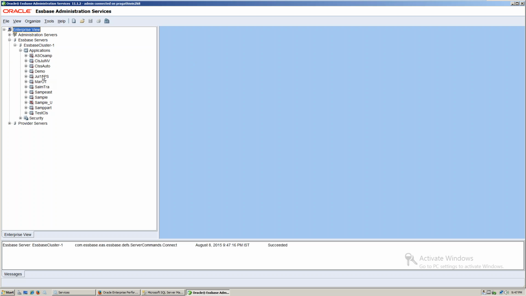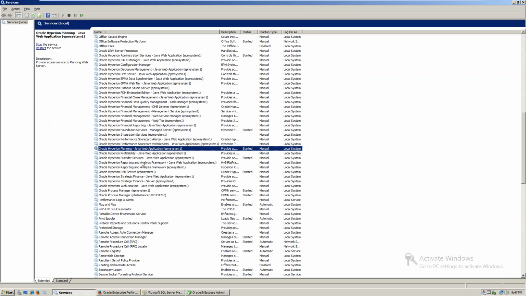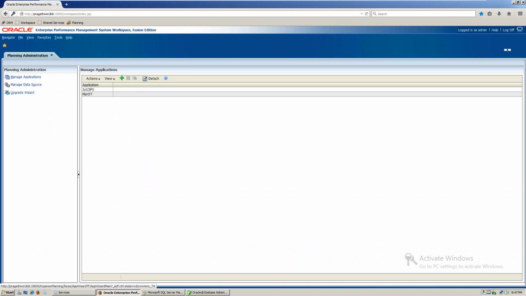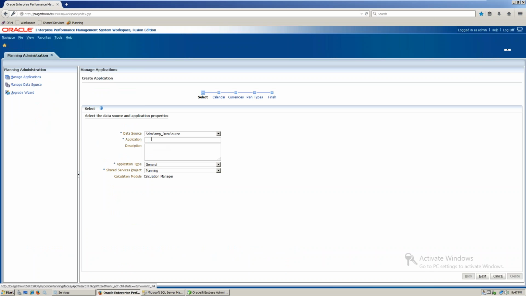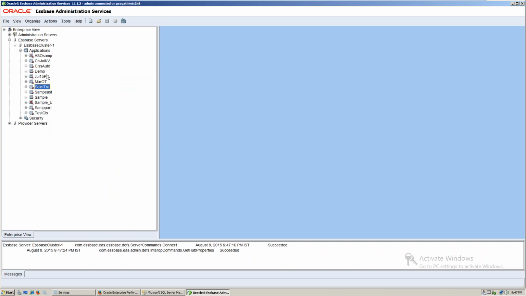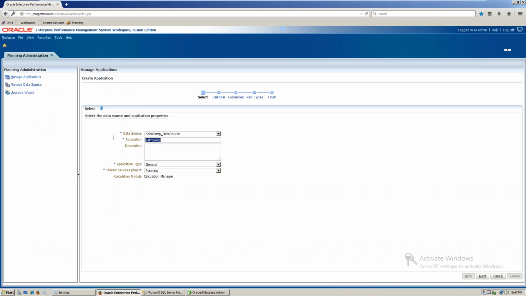Okay. Here, if you see, there is no SALM, and I think it has Salmon training, so let's create a new application. With the data source which I have already created, I'm creating SALM, SAMP. SALM and SAMP are not there here. In the application list of SBase, this application name is not available. And here,